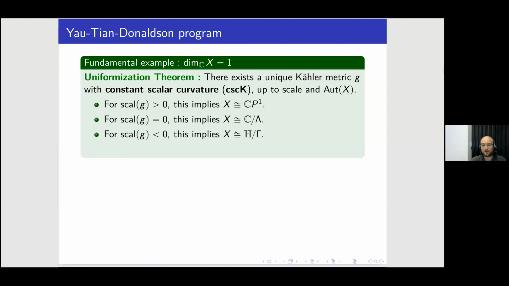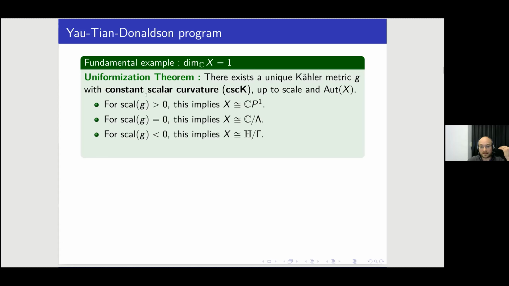If the first two statements are actually much more basic, the real content of the uniformization theorem is this last statement. Indeed, the fact that we know that surfaces of genus 2 or more, which is the case here, are quotients of the hyperbolic space is a very strong consequence on the geometry of X and has a lot of applications in the study of such surfaces.